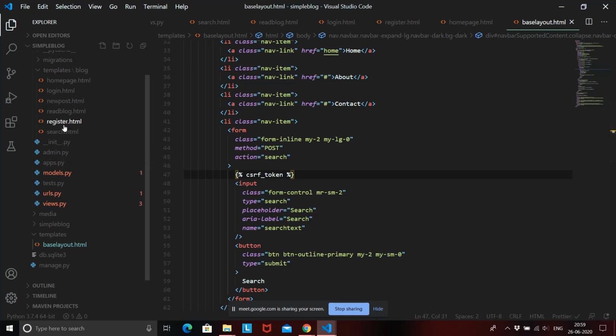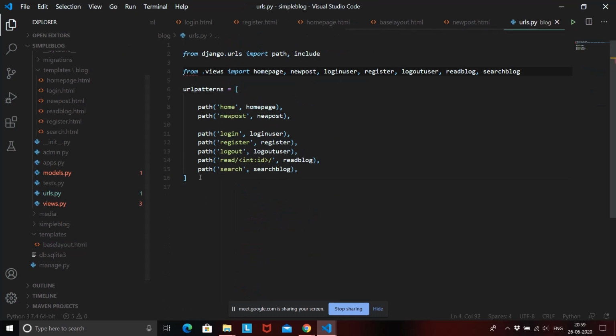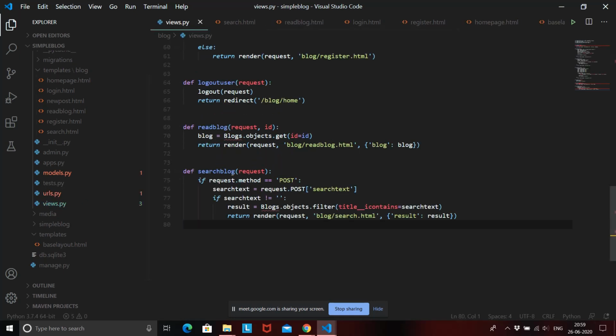Then we went to urls.py. Here we created this URL called search, which is calling a function search blog. Inside the views.py, this search blog function is searching that particular blog using the method called filter, and this filter method is provided by Django. And which attribute do we want to filter? We want to check the title.